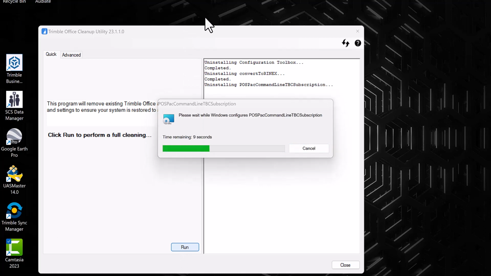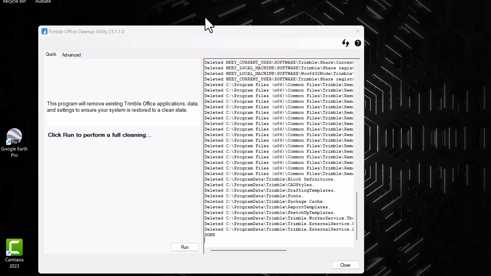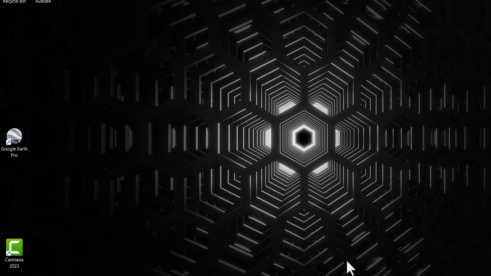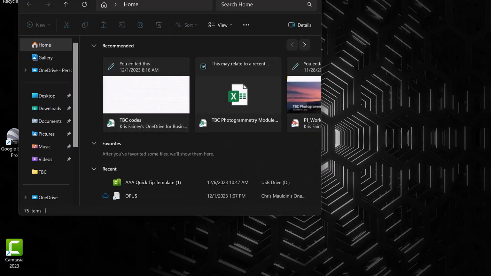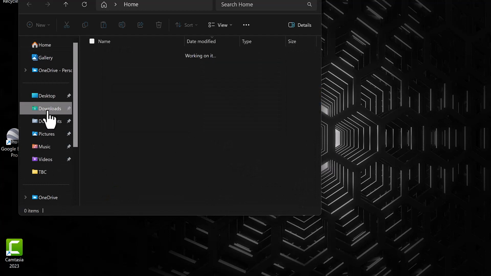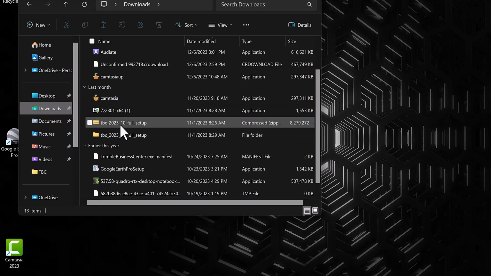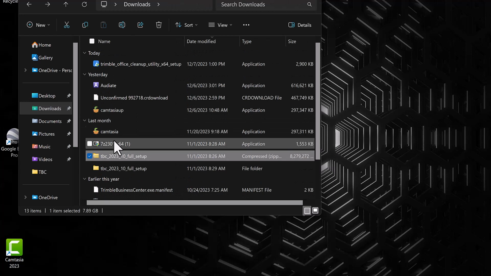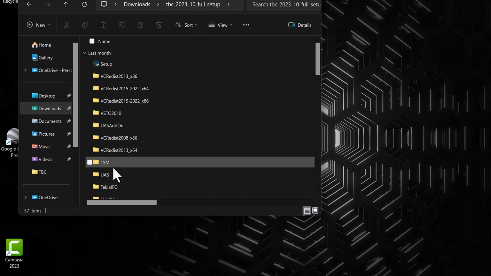Takes a little bit of time to run through this, and through the magic of video editing, we can see that we're now done, and we can close the Trimble Office Cleanup utility. Next, since we've already downloaded TBC, we can go back to Downloads, go into the full setup,